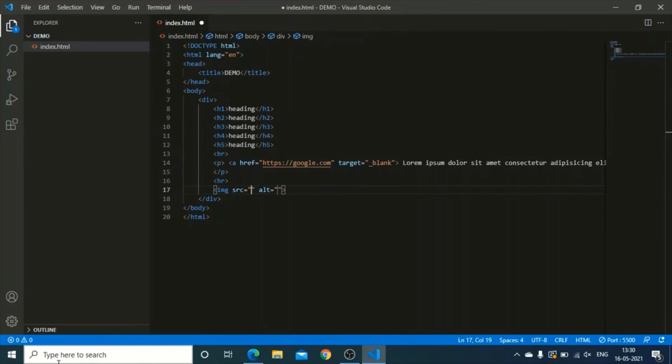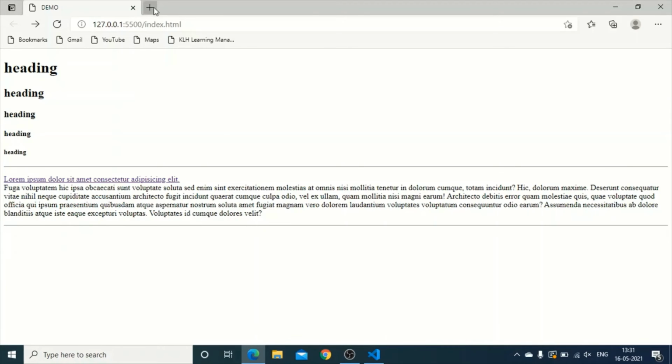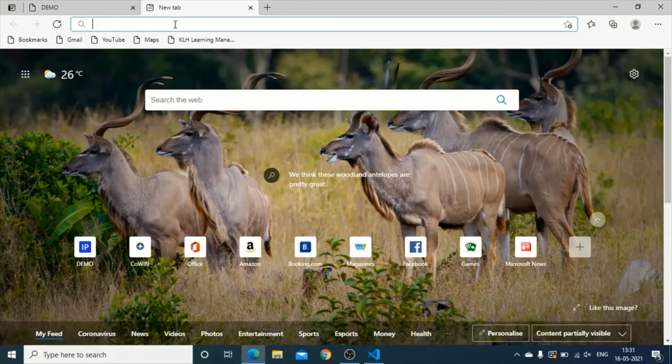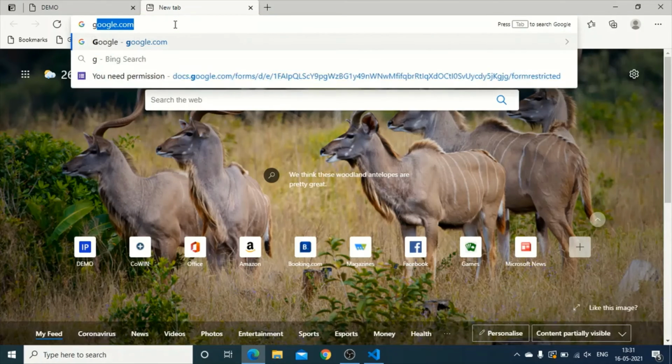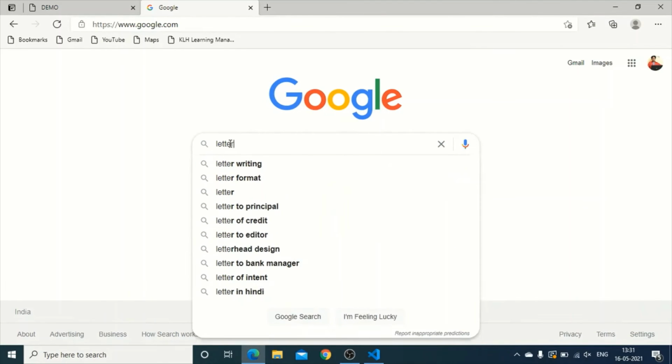Source means again you need to put the link of any element, like any picture, online or offline. I'll be explaining it in the project also. If you want to download that picture, you can directly download it. If you want to call that image from the internet, you can call it also. I'll explain the cons of calling it from the internet. Just a minute. We'll search for some image, like my favorite letter, G. I am searching for G. Oh, Google has opened the letter G.